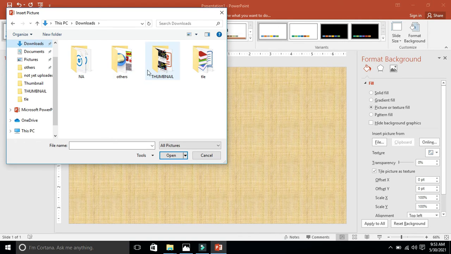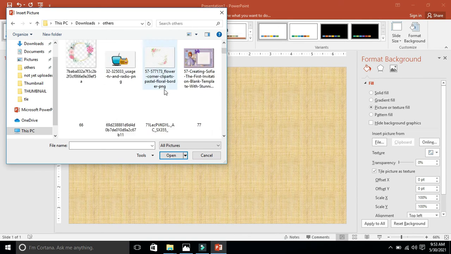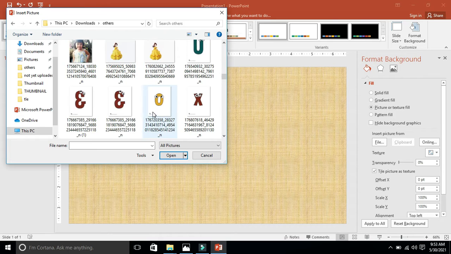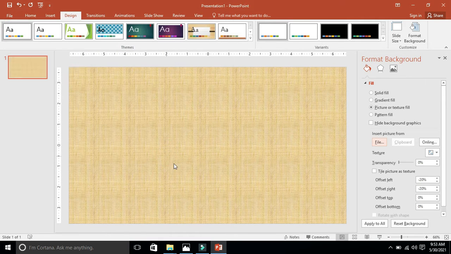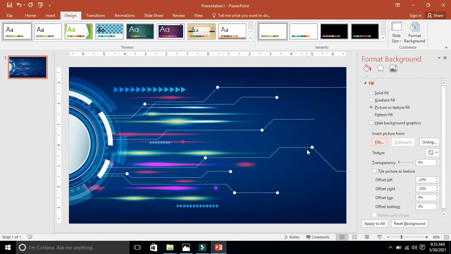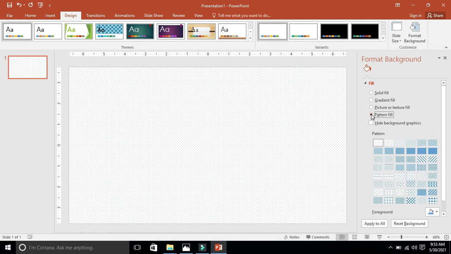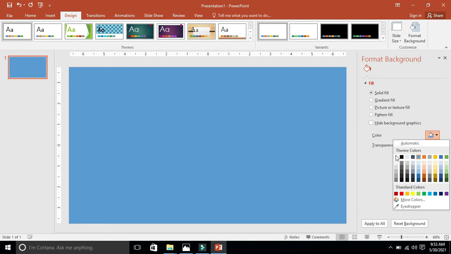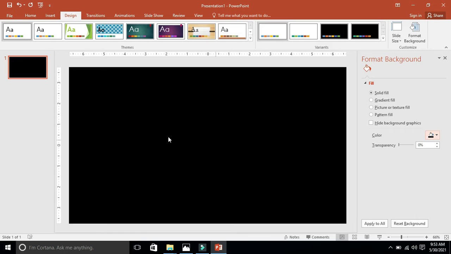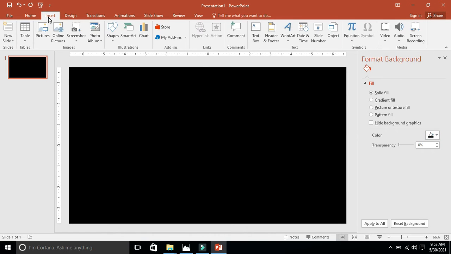So say for example this one, we will add a background, then click insert. Okay, or you may use hide background effects, pattern fill. So for me, I will just use solid fill. And then I will choose the color, so I choose black